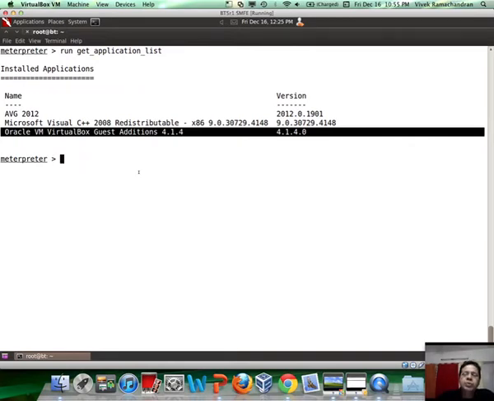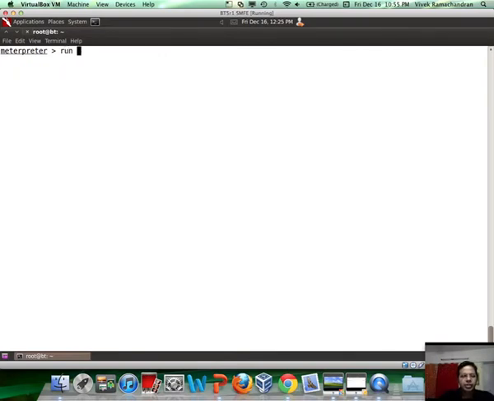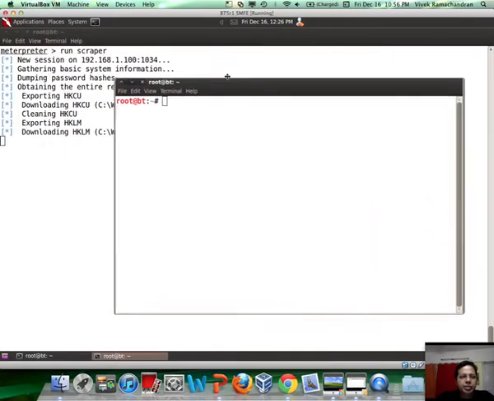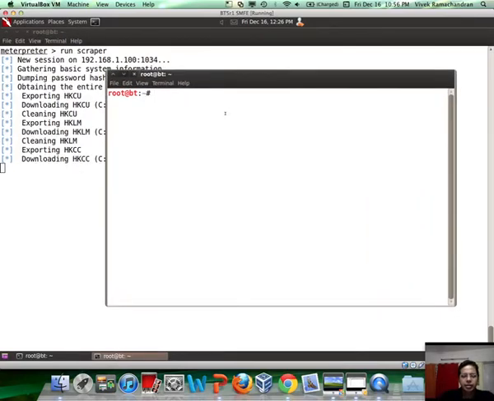Now, if you want to gather a lot of info about the remote system at one shot, let's say you want to download the registry, the password hashes, tokens, and a bunch of things, you can actually run something called scraper. Right? So this gets a lot of interesting information about the remote system, dumps all of that locally inside the directory. So the directory in which you could find all the info where Scraper is dumping all this data currently is in